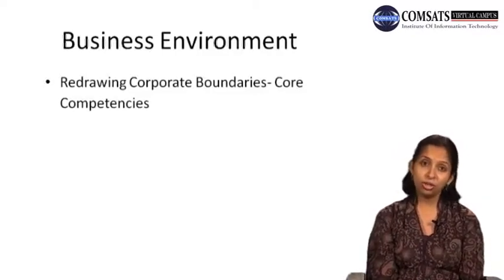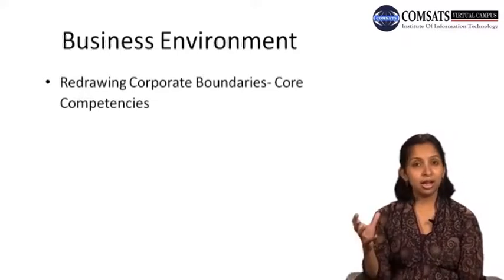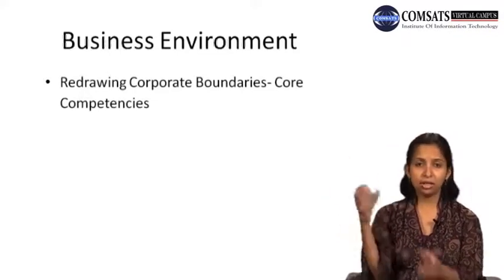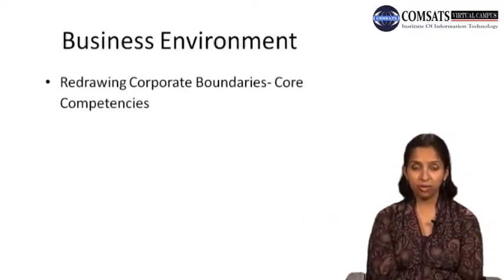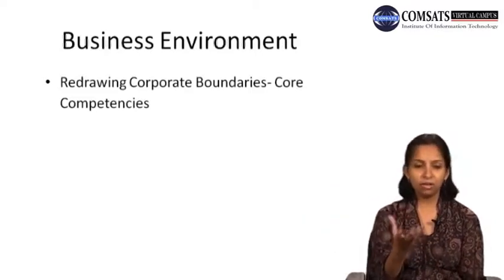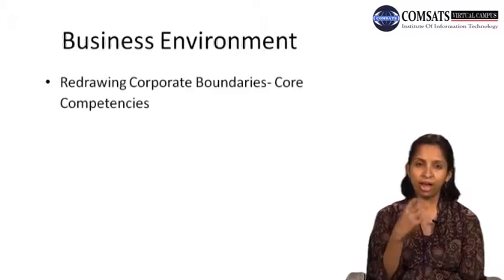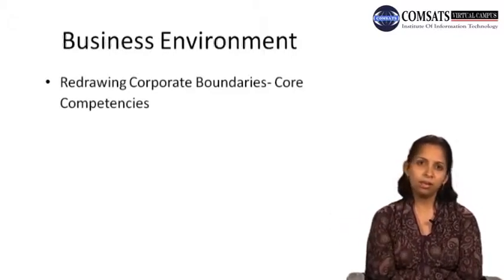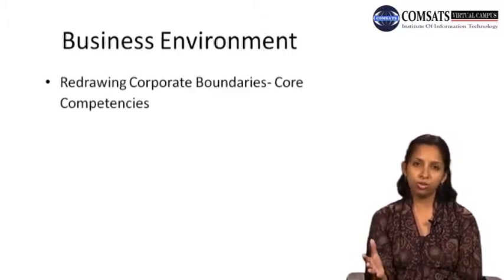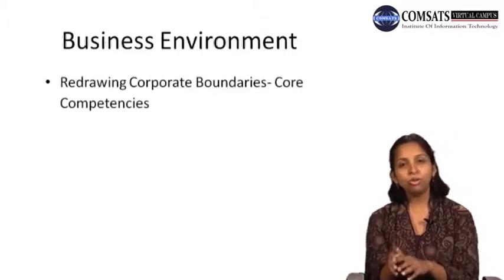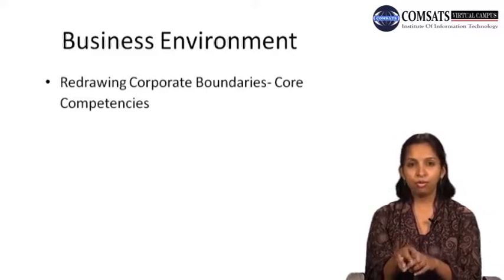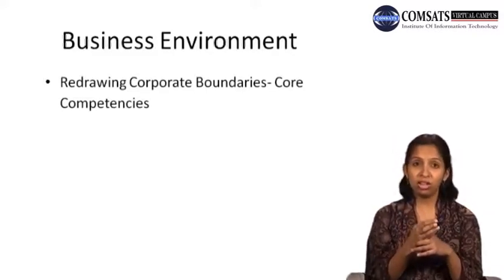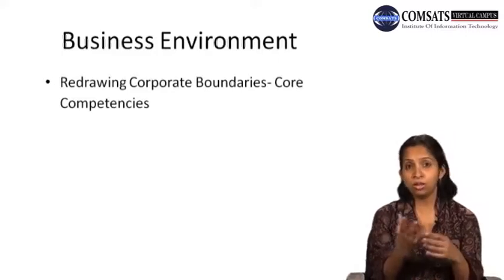वो काम करेंगे जो उनसे अच्छे से होगा, बाकी सारा काम वो बाहर किसी और कंपनी को दे देंगी या आउटसोर्स कर देंगी या किसी और कंपनी से कहेंगी कि वो करें। इसकी बेसिक वजह या इसका बेसिक रीज़न, just think about yourself as individuals, क्या आप सब चीज़ें करने में अच्छे हैं? It's impossible. We cannot be good at everything that we are doing. हम एक चीज़ में अच्छे होंगे, हम 2 चीज़ में अच्छे होंगे, right? Maybe you're very good in cleaning your house, maybe you're very good in your studies, but you're a pathetic cook, you just can't cook.